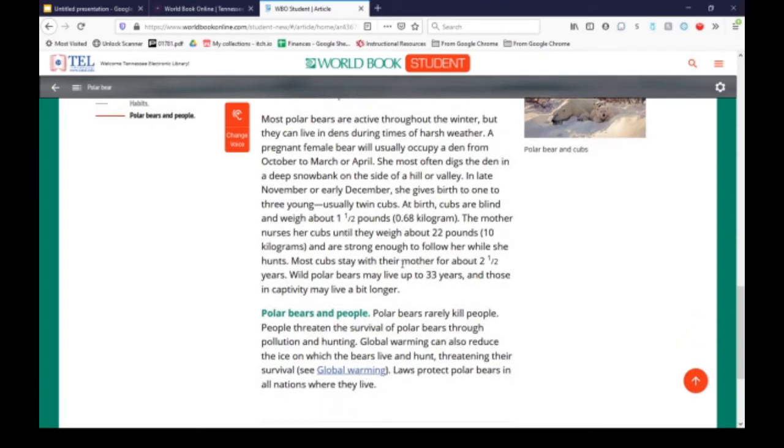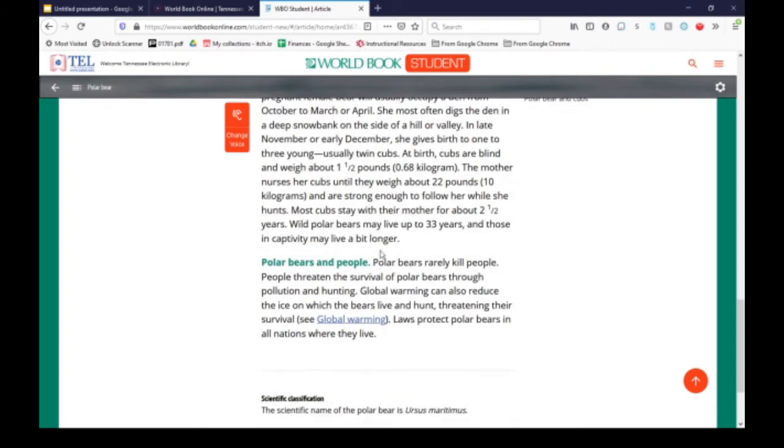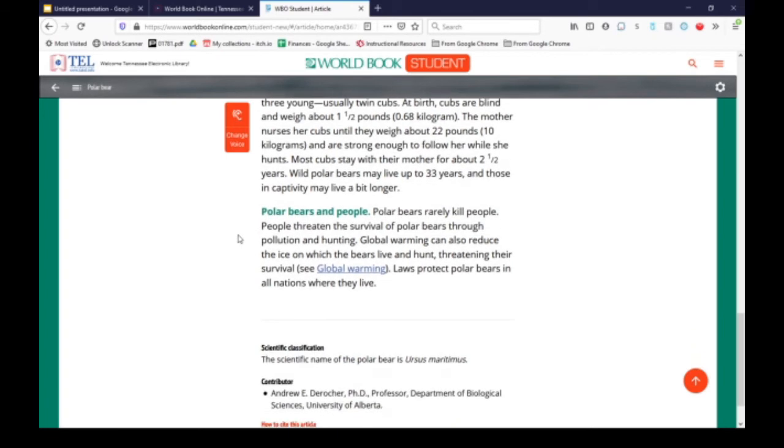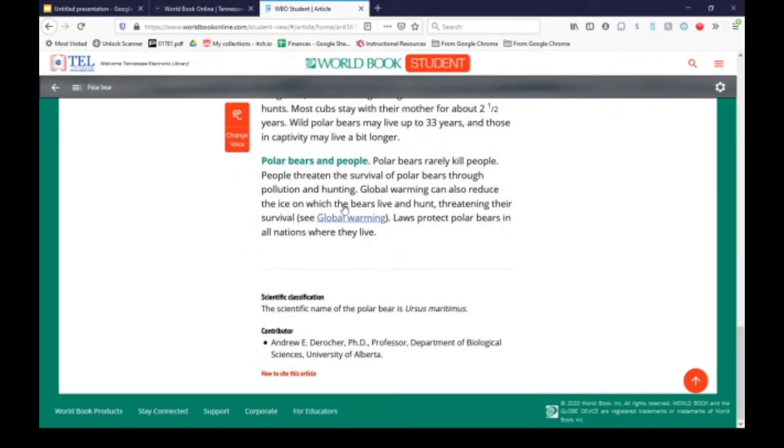Again, it tells you all about how cubs are. They're blind at birth, weigh only about 1.5 pounds, and then they leave their mom at 2.5 years. Wild polar bears may live up to 33 years, and those in captivity may live a little bit longer. Right, and then it has a little section down at the bottom talking about how polar bears interact with people. All right, so